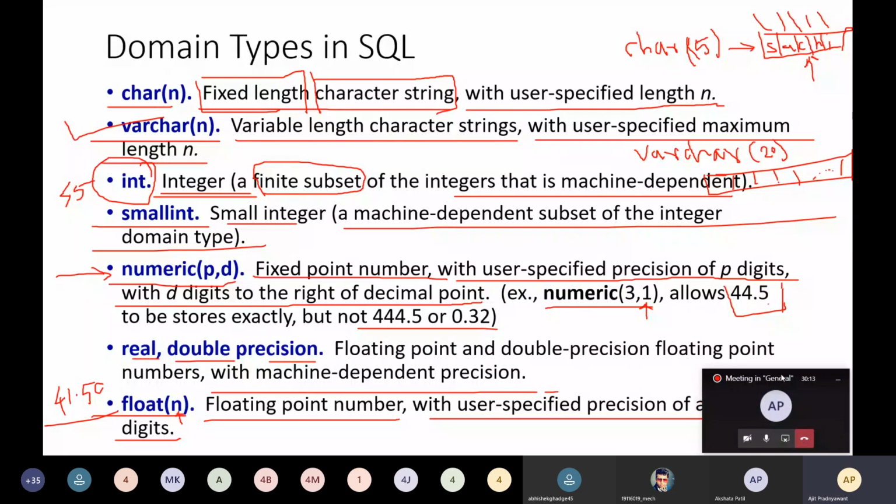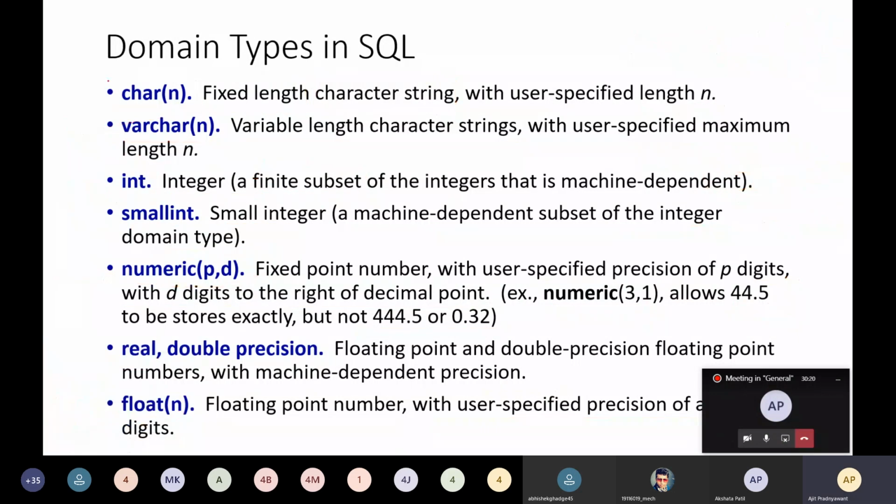So all these are the domain types, and as per your requirement you can make use of them. To store the name of the student you can use varchar. To store the roll number of the student you can use integer.